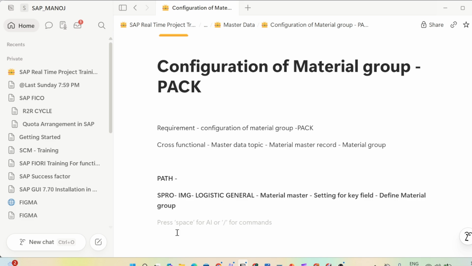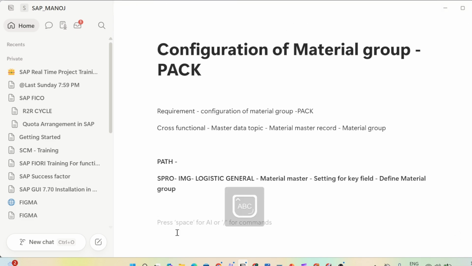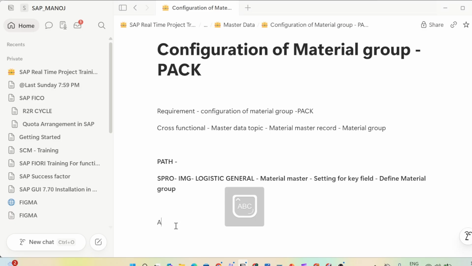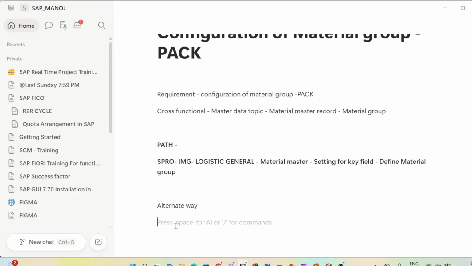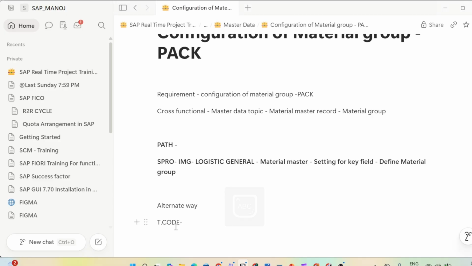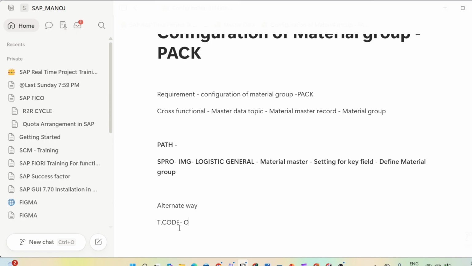And what's the T code for that? There is an alternate way, that is through a T code also. The T code we are going to use is OMSF.